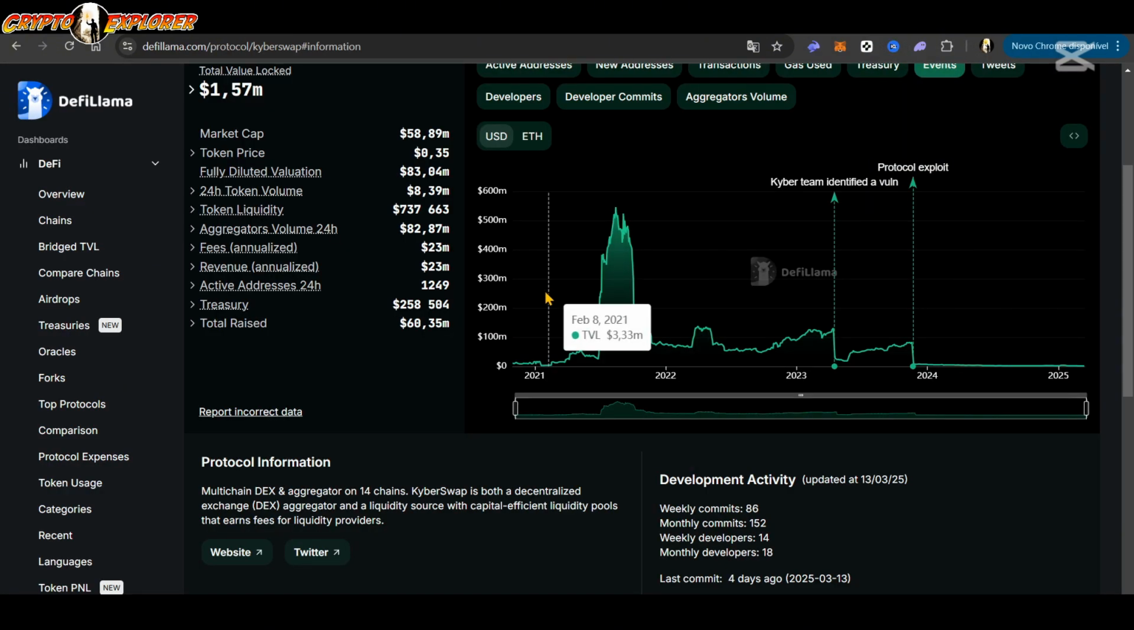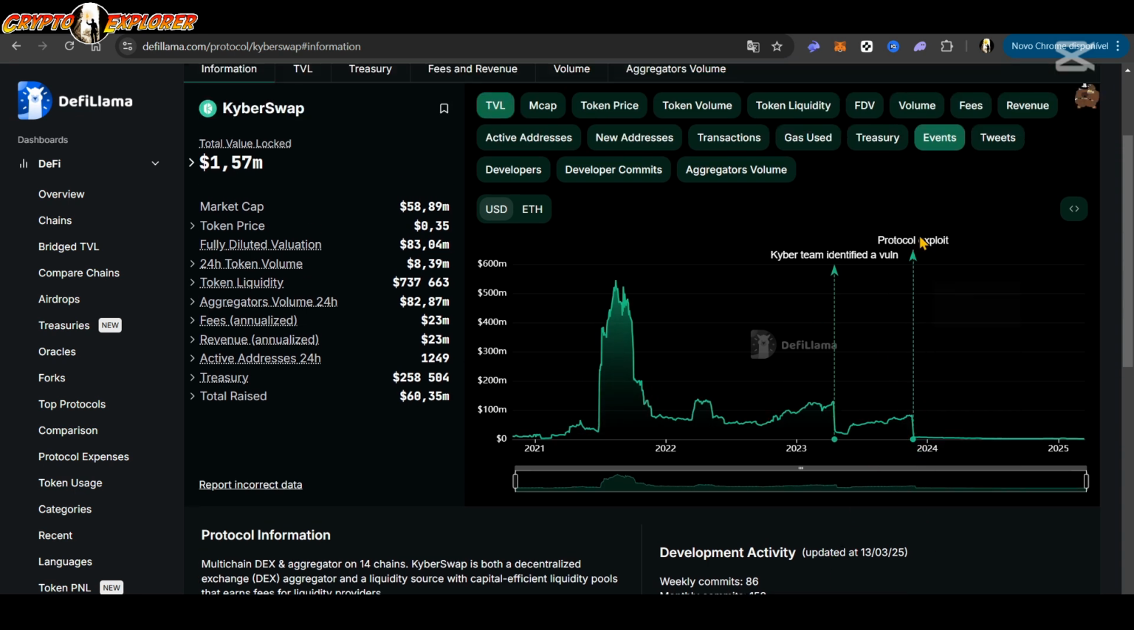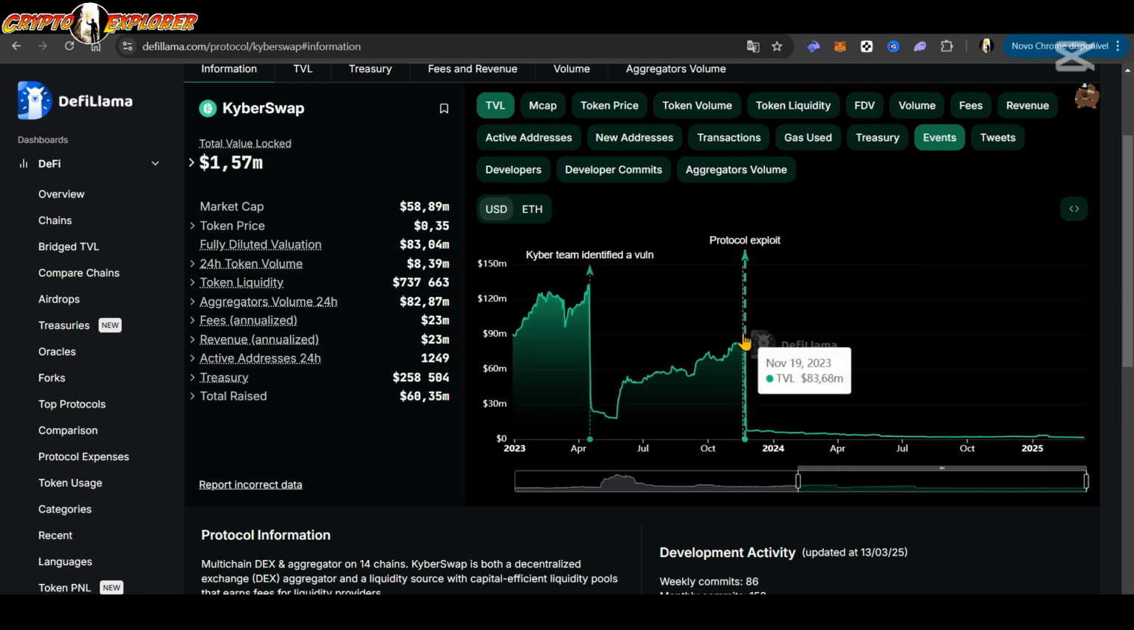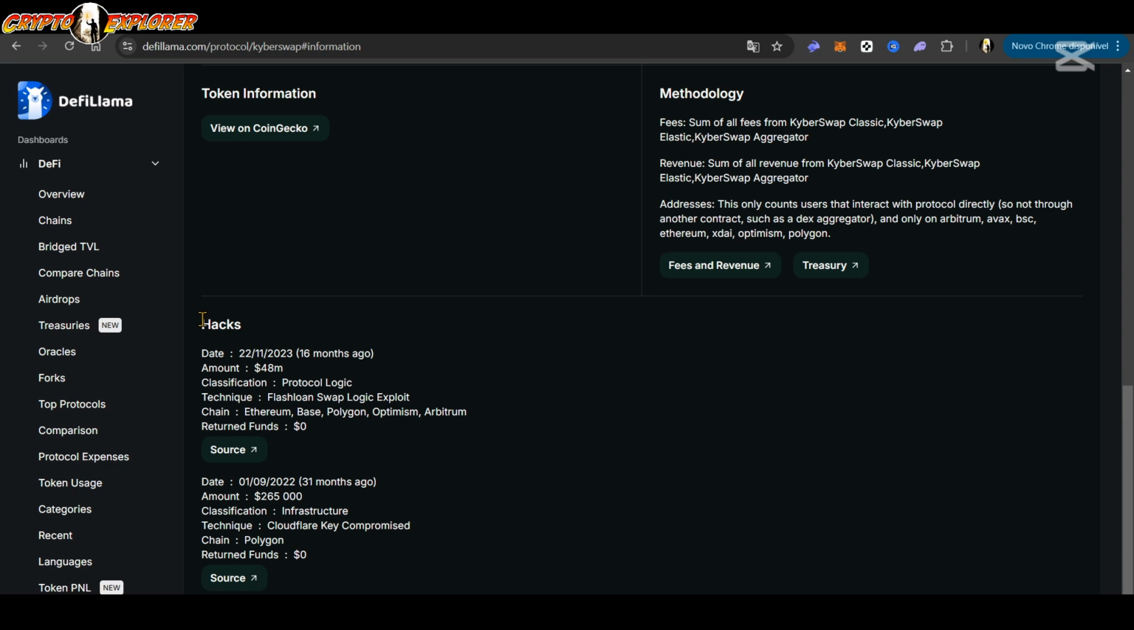But also let me show you here on DeFi Llama that KyberSwap had a protocol exploit last year. No, it was in 2023, November of 2023. They had an exploit, so they went from a TVL over 80 million. After the exploit, they went to 7 million, and then from here on, they just flatlined. The hacks noted here on DeFi Llama show for one, actually there's more than one, there's a couple. This is the last one that we saw on the 22nd of November of 2023, 16 months ago. This hack amount was 48 million. And then there was another smaller one back in 2022 of